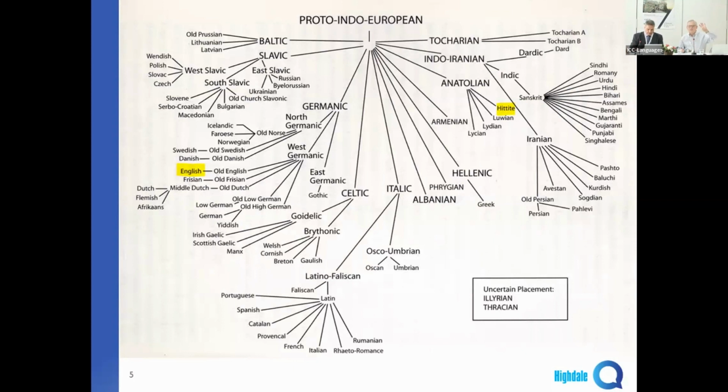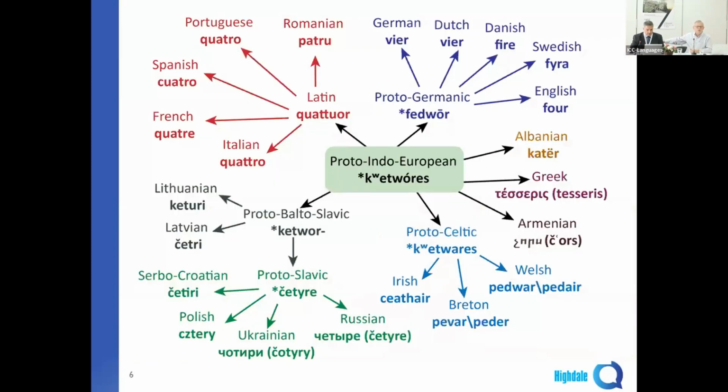I've got a simpler example. I haven't got time to show you, but it's in the PowerPoint, which you can download from my website after the talk is over. And there's a simpler chart you can use for students. You can get them to explain the relationship between different languages in a very simple way: Germanic, Celtic, Italic, Indian, Armenian, etc., which is very motivating for students who come from any one of those countries.